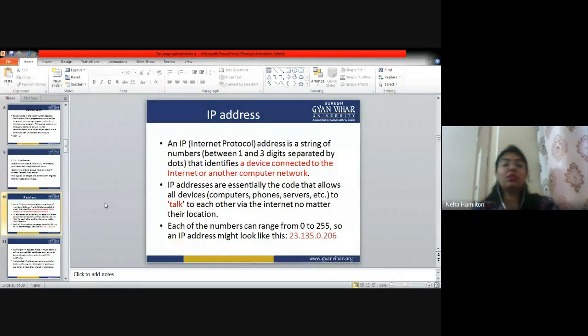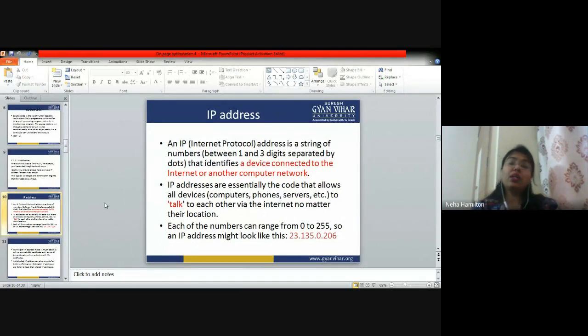what are the numbers which are there in an IP address. So you have to write down that there are 1 to 3 digit numbers which are between 0 to 255, which are separated by dots. Okay, so the thing you have to remember is, I'm again telling you, there are 1 to 3 digits. You will somewhere find 1 digit, 2 digit, 3 digit numbers. And what are these numbers? These numbers are between 0 to 255, right? And they are